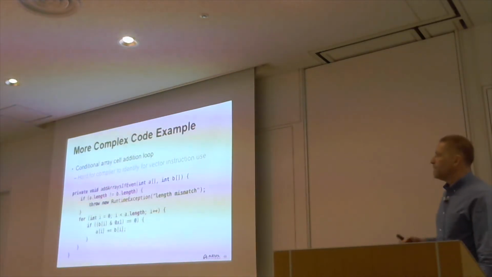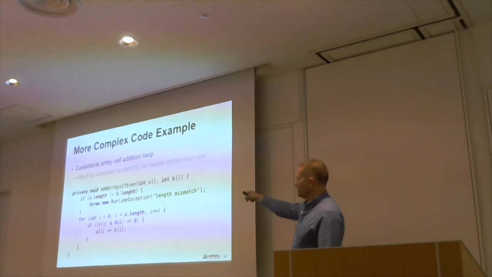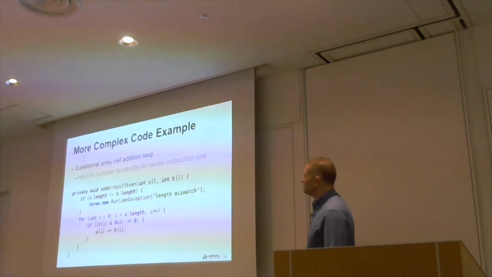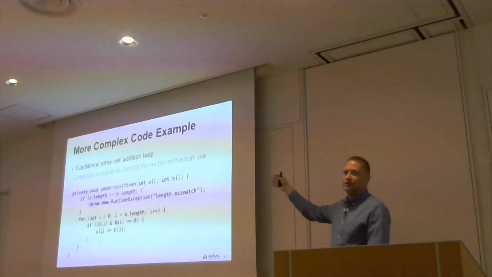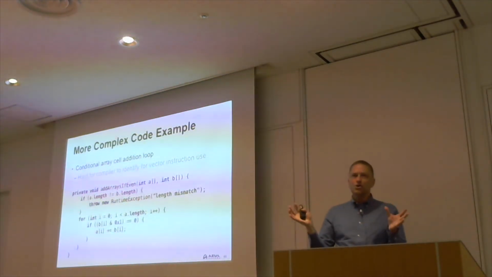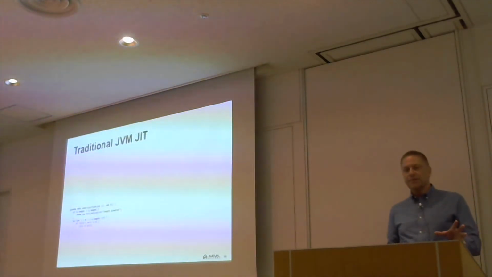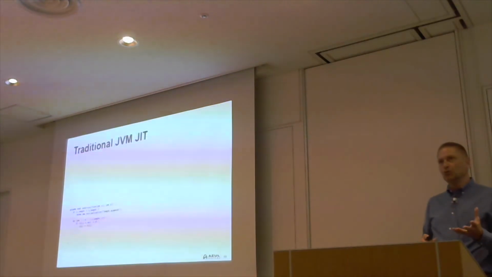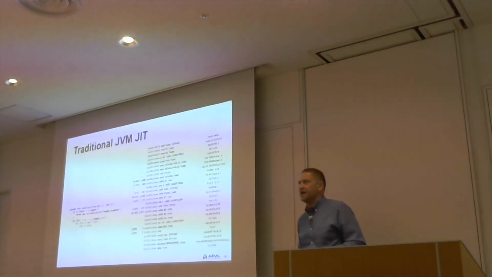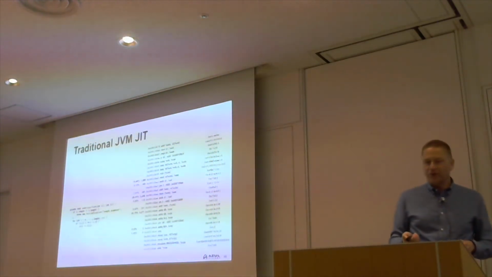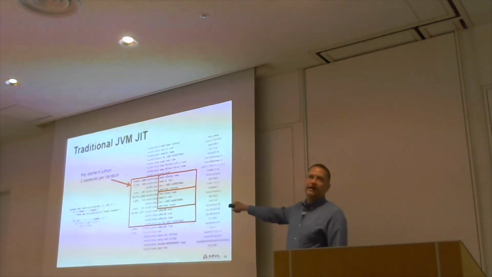Something like this is much harder, because in this case we've got two arrays, and we check that the length is the same. If they are, then we add the values of the array together if the second one is even. So it's a more complex piece of code, not hugely complex, but it's doing something a little bit different. And what you'll find is, if you take that bit of code and give it to a traditional JIT compiler, you'll get something like this. Now, don't worry about all the different things there, because it's micro operations. But essentially, if I draw some boxes around that, what you find is that there is a bit of loop unrolling going on here.